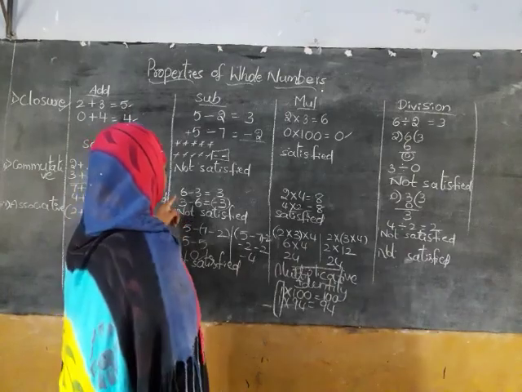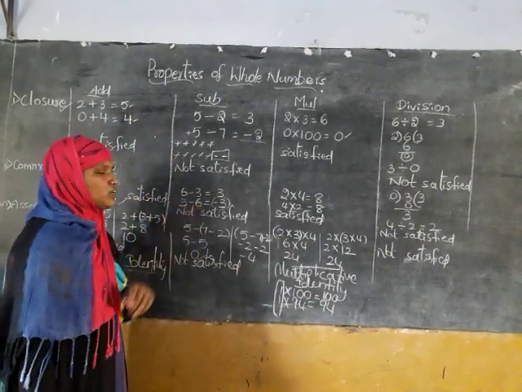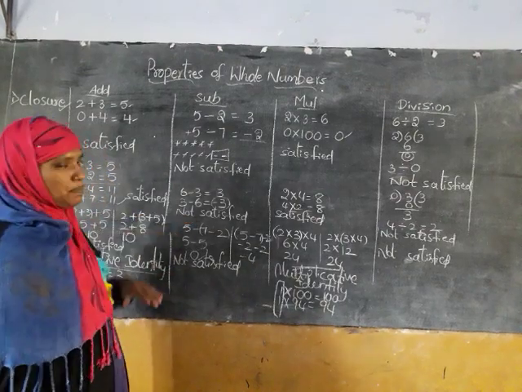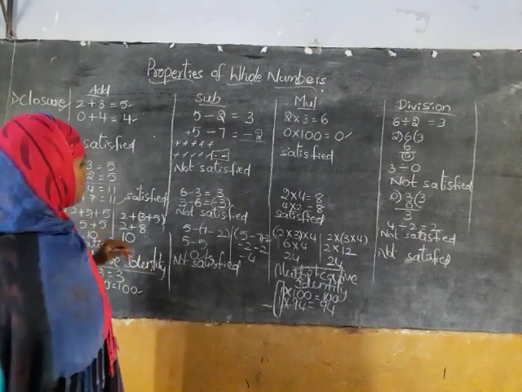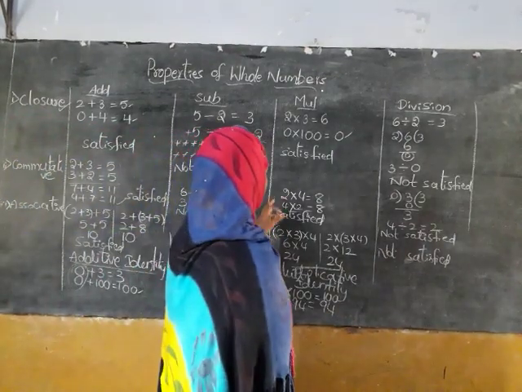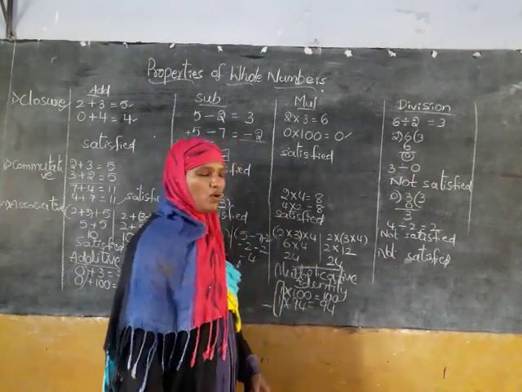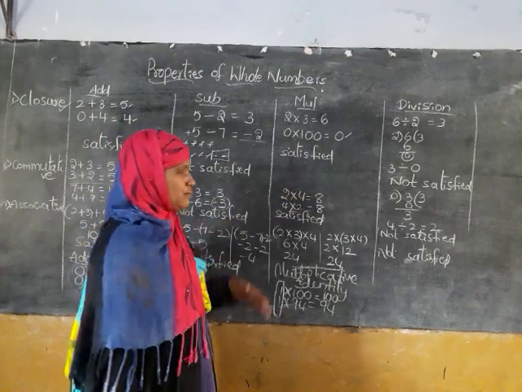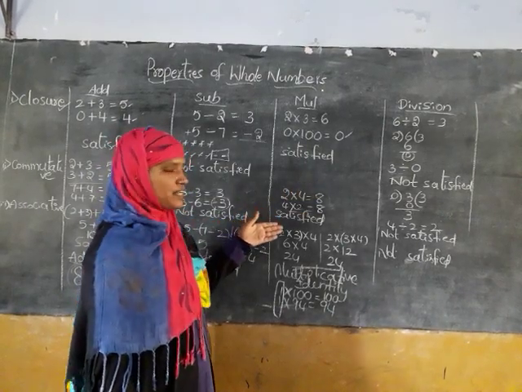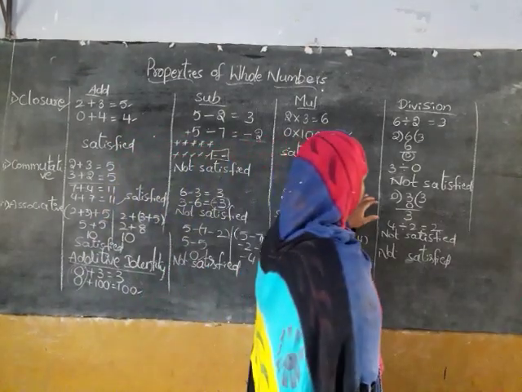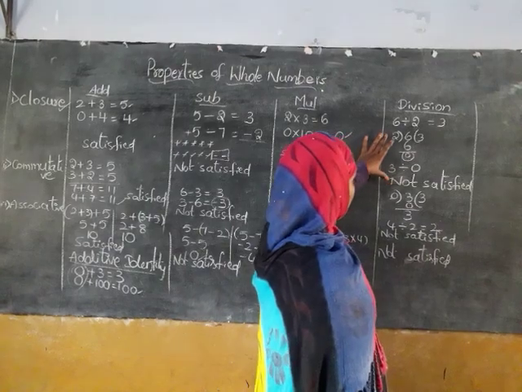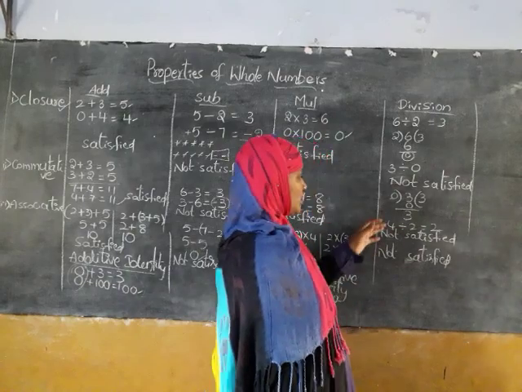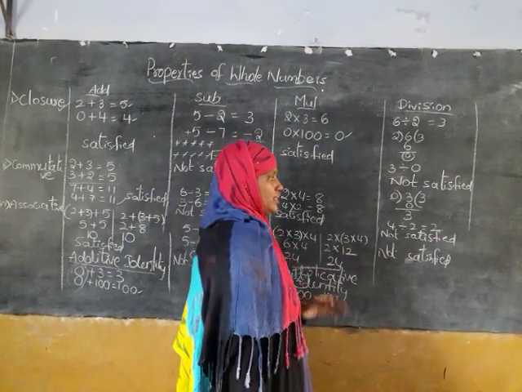Now move to subtraction. 6 minus 3 equal to 3, whereas 3 minus 6 equal to minus 3, which is not in the set of whole numbers. From this we can say that commutative property is not satisfied under subtraction. Now move to multiplication. 2 fours are 8, or 4 twos are 8. Whatever numbers you are taking and multiplying, the answer is also in the set of whole numbers. From this we can say that commutative property is satisfied under multiplication. We already did division, so this is applicable for commutative property also. From this we can say that it is not satisfied under division.